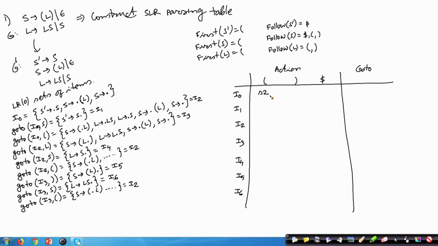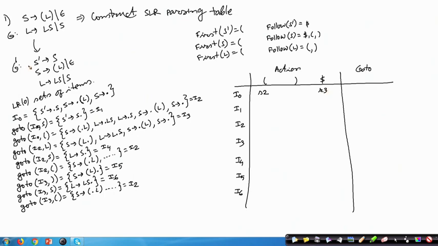This is the rule that we get from this item I 0. Now, I 0 also has got one rule which is S producing dot. So, I have to see the follow of S, and then I have to do the reduction by S producing epsilon for them. Follow of S has got dollar, open parenthesis and close parenthesis, there I have to put the reduction rules. So, this is reduction by rule number 3.